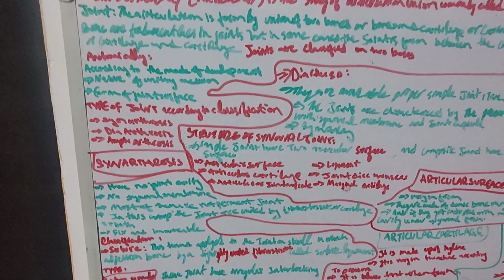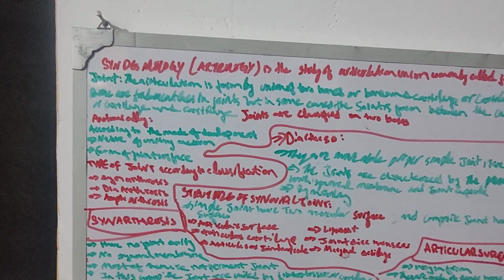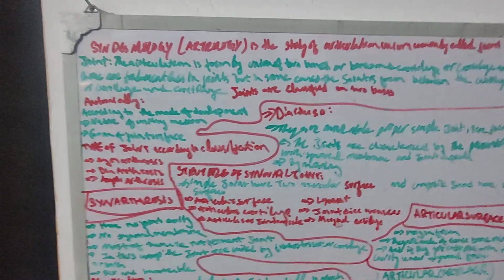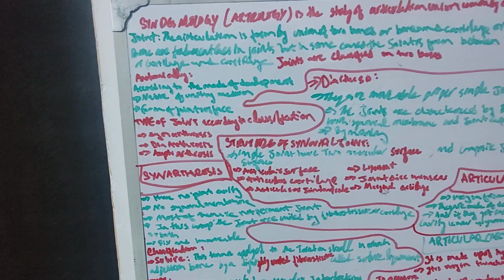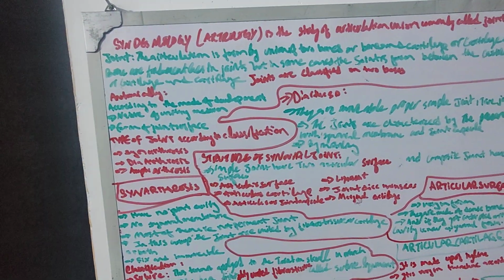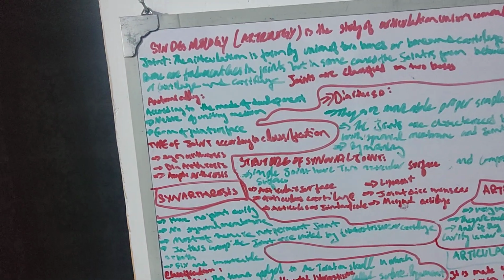The joints are made when two bones, or two cartilage, or cartilage and bone are joined. Anatomically, we classify the joint anatomically and physiologically. Anatomically, we see